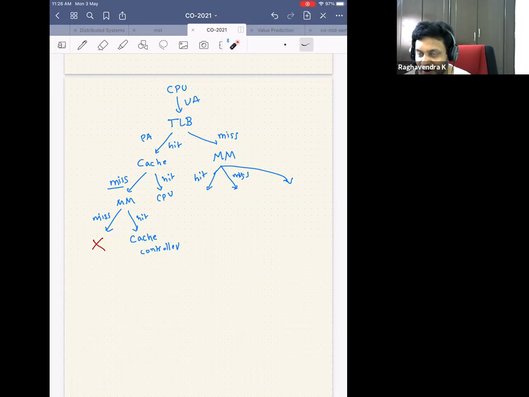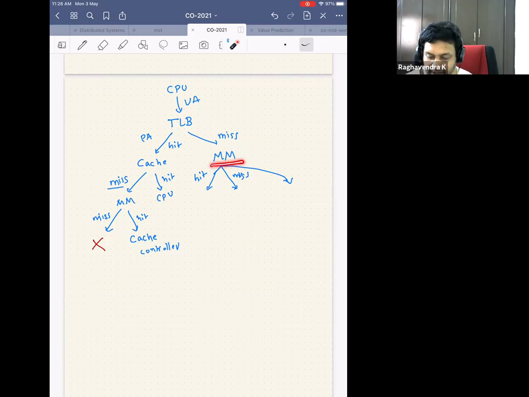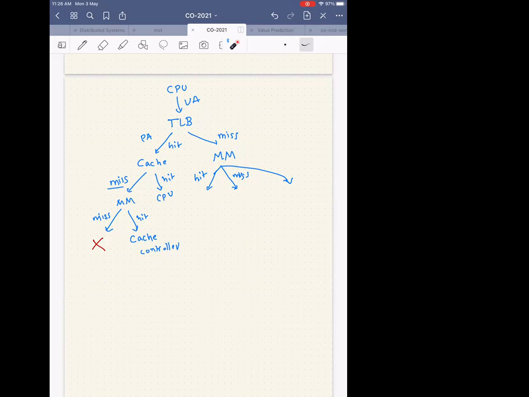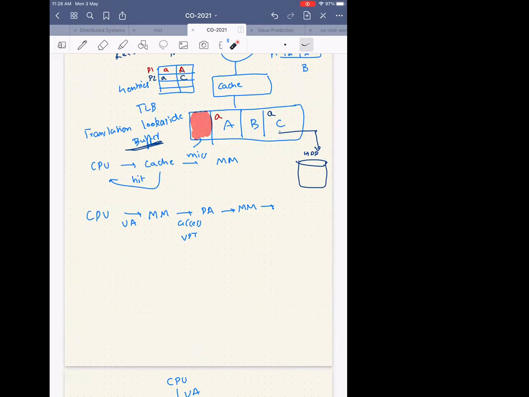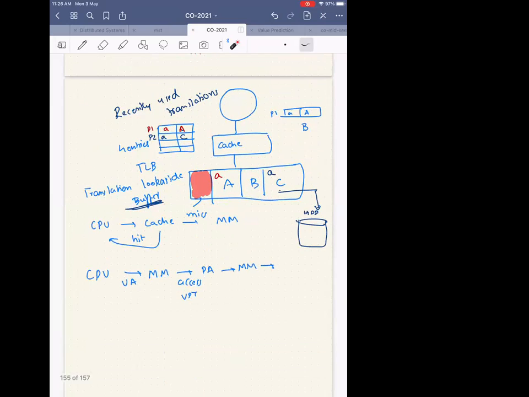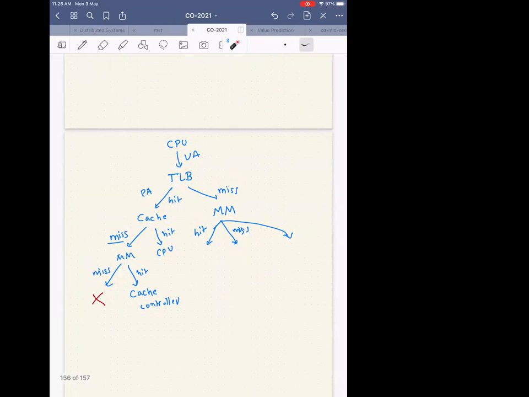No, you should say it with full confidence. You should not say, okay, maybe this guy is asking, so I'm answering. Are you confident that it will be in the main memory? Sir, if it's a miss in the TLB, then we still have only the virtual address, right? So we went to the main memory. Why did we go to the main memory? So we're checking the virtual page table now, to access this particular thing. So now hit or miss means whether this virtual page table has the translation we want. So I think there can still be a miss in this main memory.